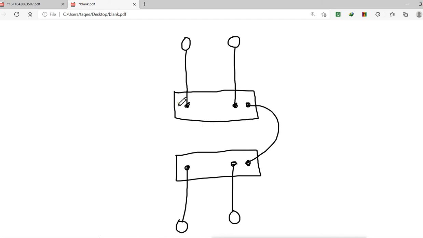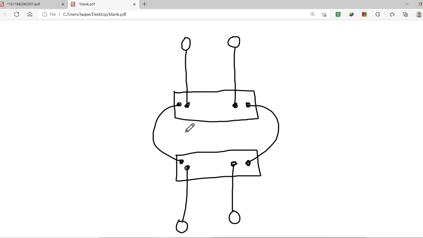I will add one more redundant link. That means I will add one more link from this switch to this switch. It is called a redundant link. Why? Because I want to have redundancy. For two switches it is not likely to have this. But when you have multiple switches, you need to have a redundant link, because if one link goes down in any case, they should be connected through the other link.